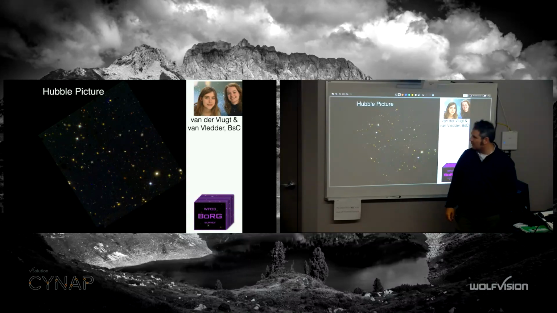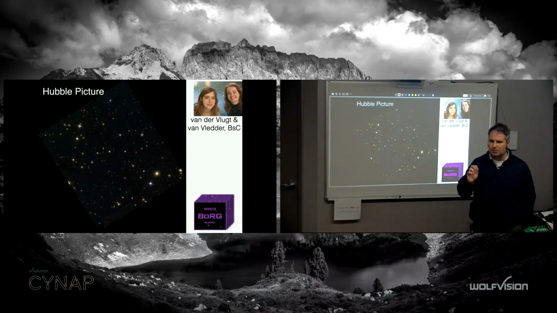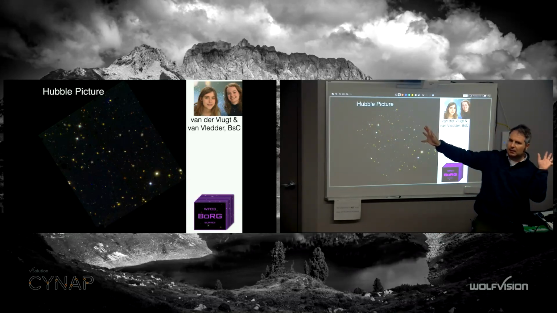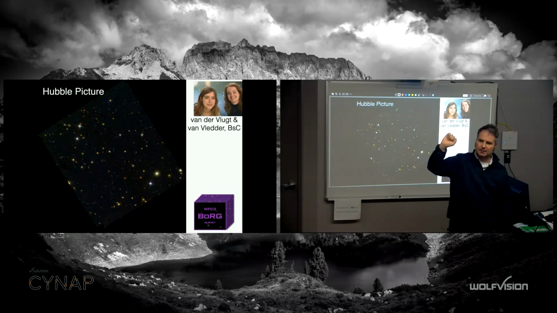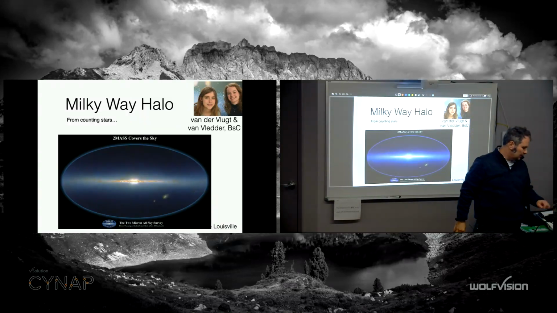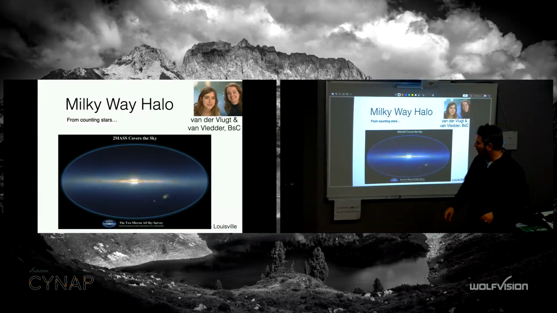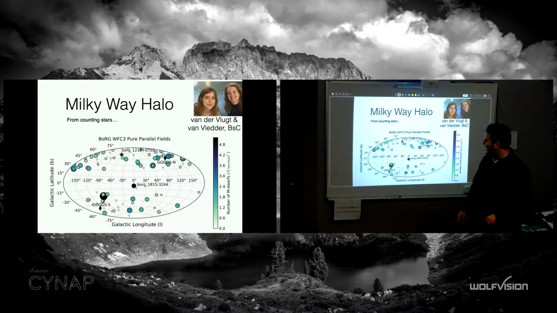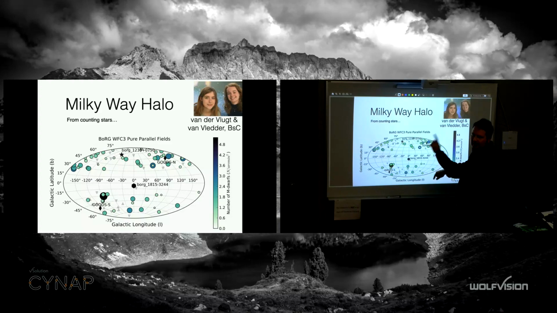I think that's it. So I have just a few stars in every Hubble picture, because again, the Milky Way spans the entire sky. I'm just looking at a tiny bit of it. I'm sampling very randomly throughout. So instead of all of the Milky Way, I'm taking little bites, little plumbing depths.